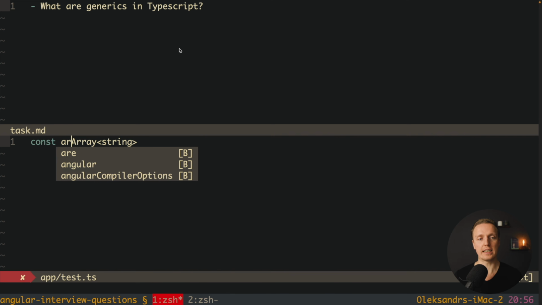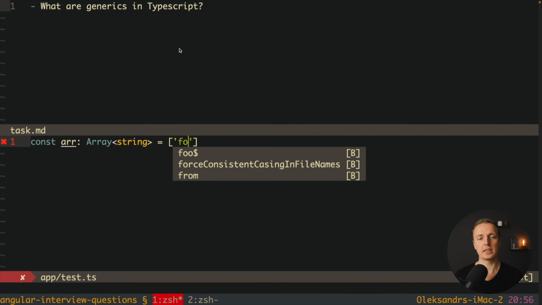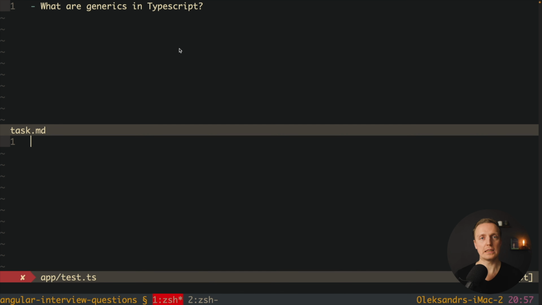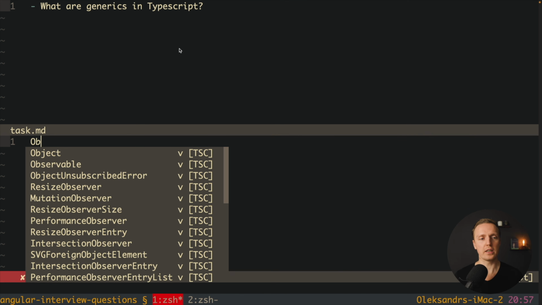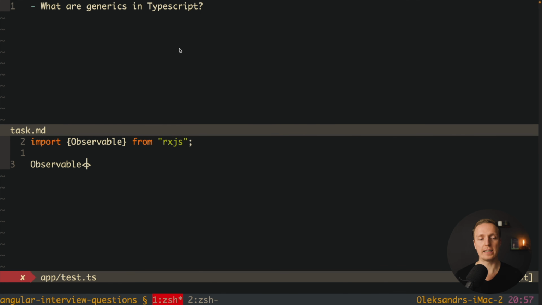It makes a lot of sense because here we're defining, okay, we have an array of strings. Typically you will write it like this. So we have an array and this is a string array, and here we can write, for example, foo. Also inside Angular you can see a lot the usage of Observable, and there we're writing Observable, then open close tag, and inside we're providing, for example, a string, which actually means we're working with the observable where inside we have a string value. And here we can provide any value that we need. For example, here will be the data type number, which means we're getting a number inside our observable.